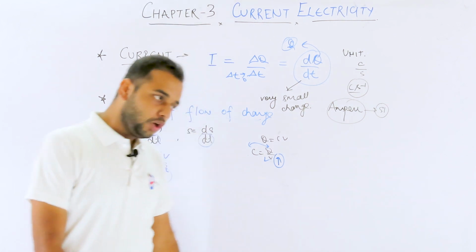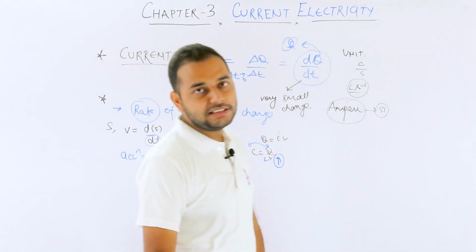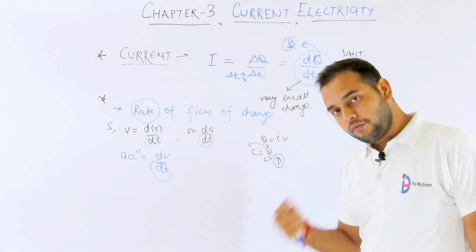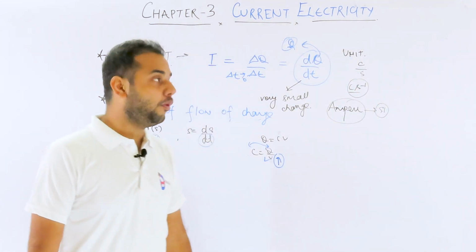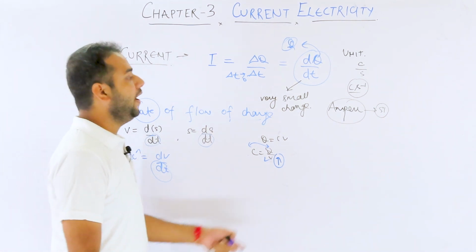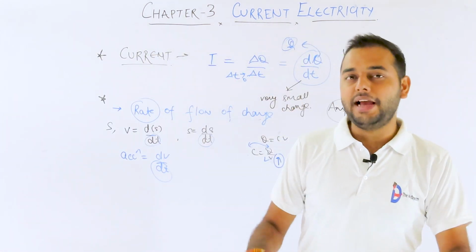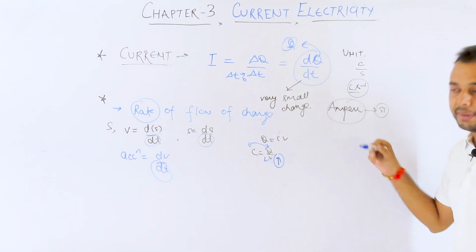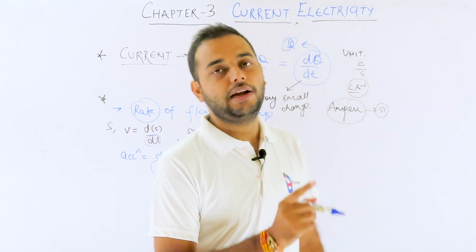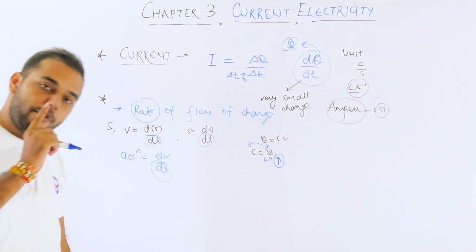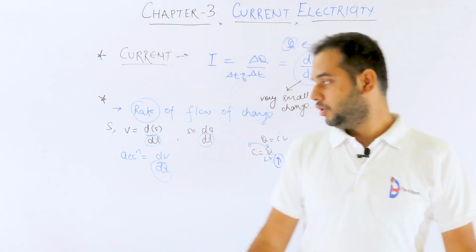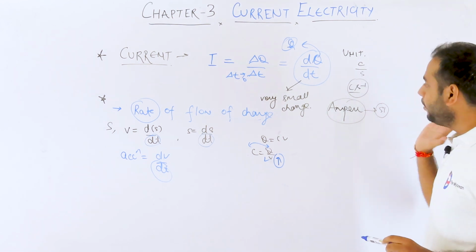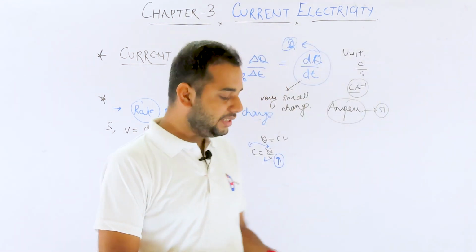Why is it so? You will see in the chapter of magnetism that I will define 1 ampere there, because that is where I have to define it. So please forgive me that I am not giving you a mathematical definition of ampere right now, but I will give it when we discuss magnetism. So just be patient. This is my SI unit and this is my basic definition.